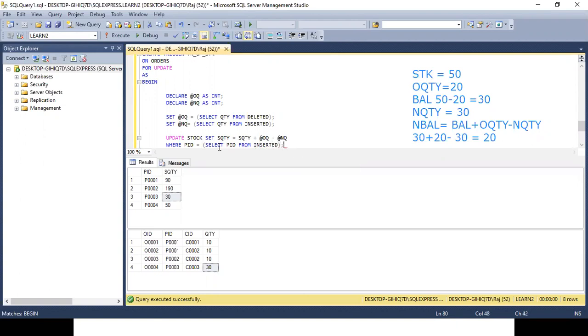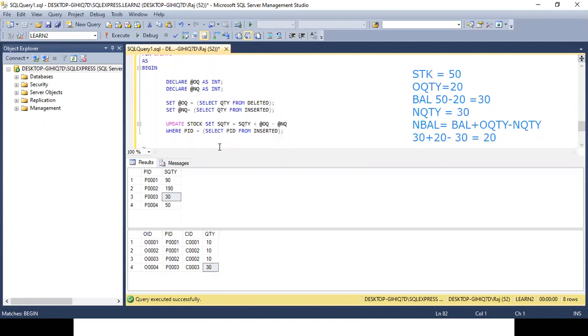And if you want, you can use set no count on. Let's execute it.